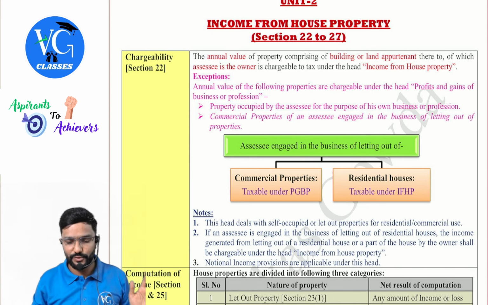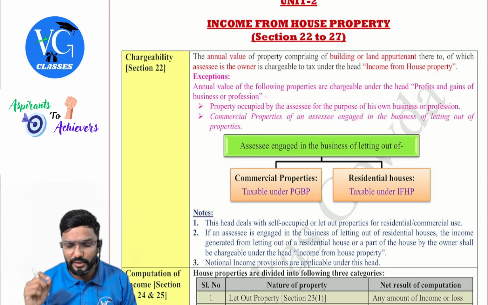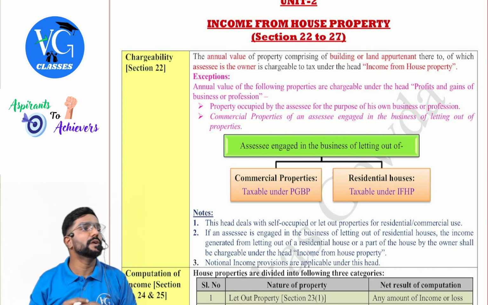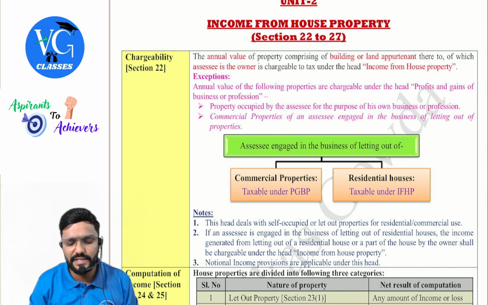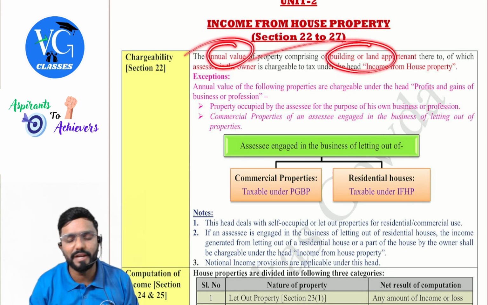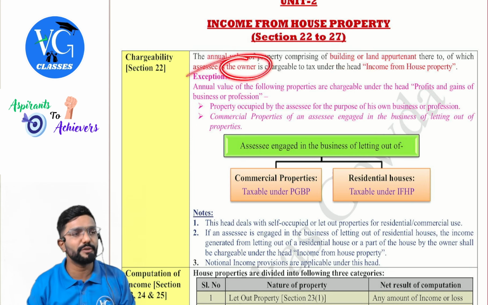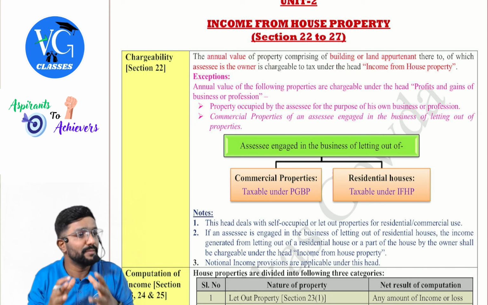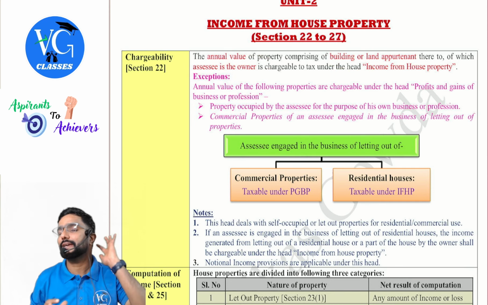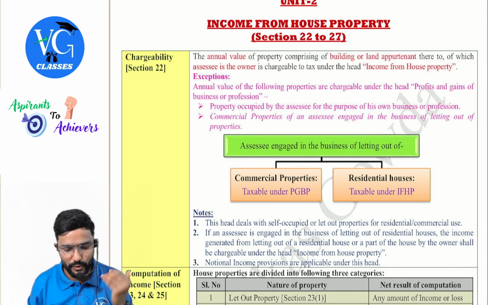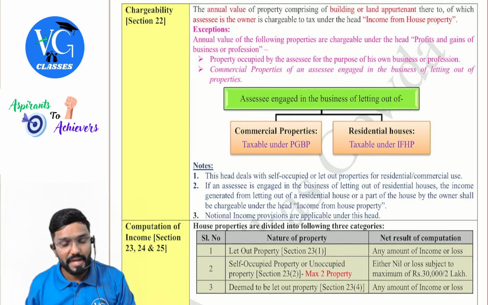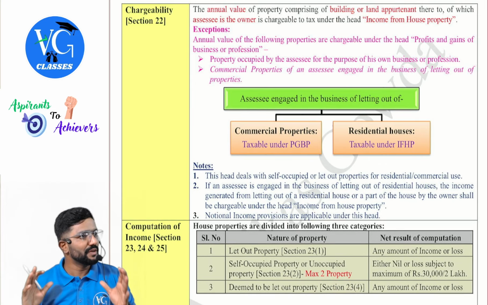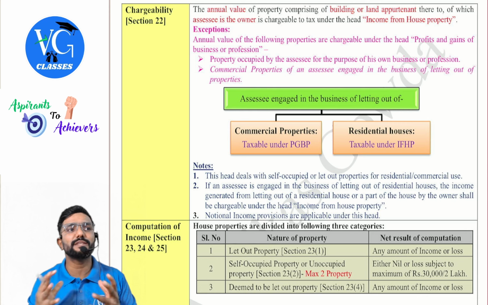Income from other sources is chargeable to tax under the head income from house property. So a few key things here are the annual value, the building or land appurtenant thereto, and the assessee should be the owner. Only if all things come together will the income be taxable under the head income from house property, guys. Exceptions mean the following incomes, even though they are from a property, are not taxable under the head